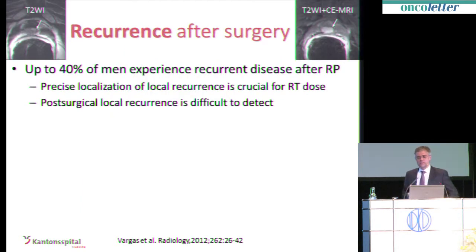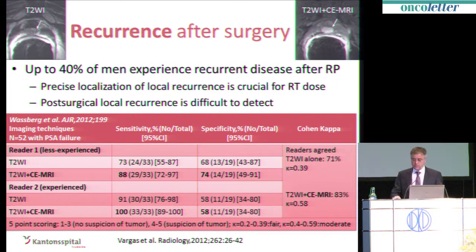What about recurrence after surgery? We know also that up to 40% experience recurrence after radical prostatectomy. So precise localization of local recurrence is crucial for radiation therapy dose. However, it's difficult to detect. And this paper very nicely